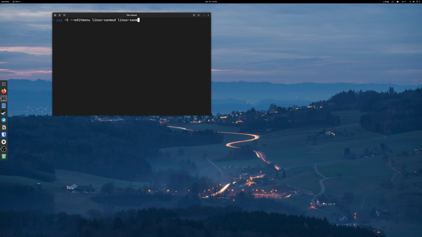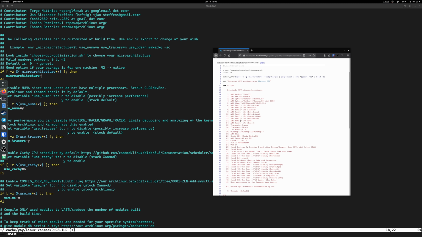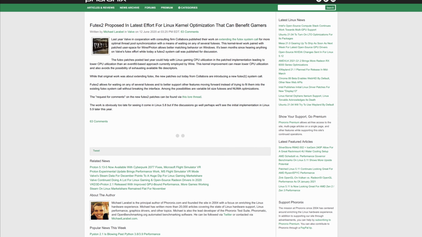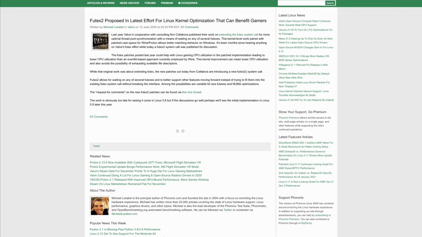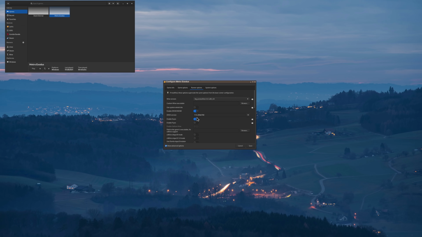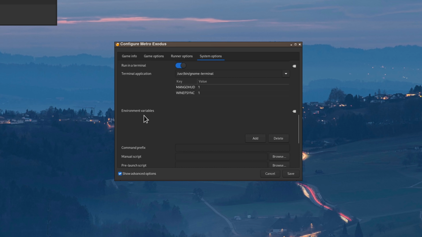Now it's time for the Xanmod kernel, and I will say that on Arch Linux you need to compile it from sources. You'll also need to change some options in the package build file to optimize the build for your CPU. Xanmod kernel also includes the recent futex patches that enable fsync in Proton and Wine. This basically makes it so that the Windows games utilize your CPU more efficiently. You do need to enable fsync manually in Lutris, and you can also export this environment variable if you're launching